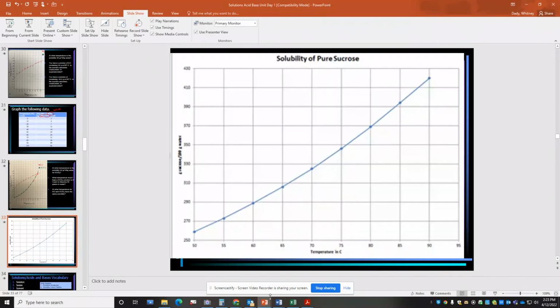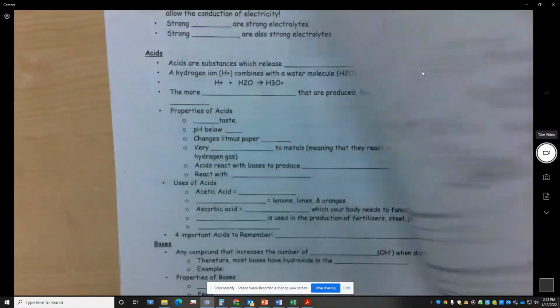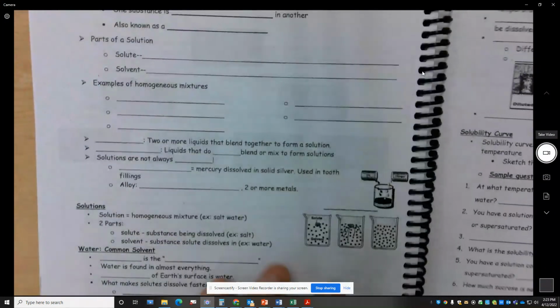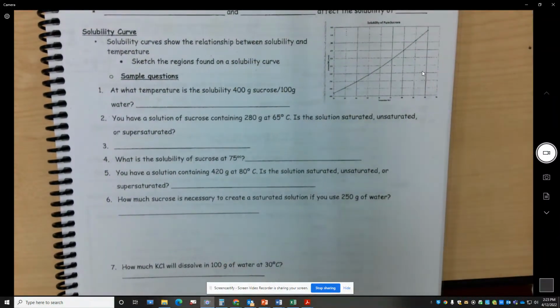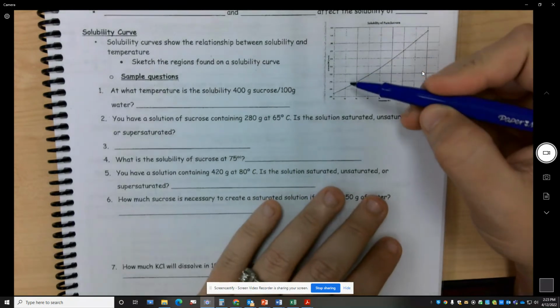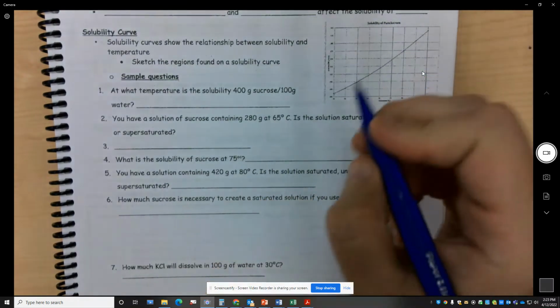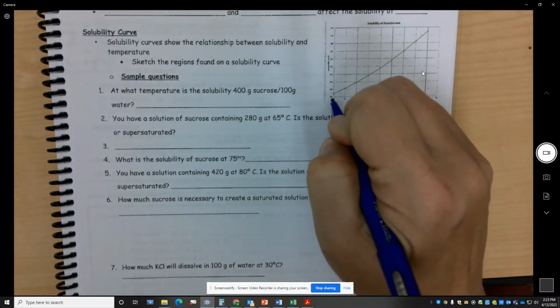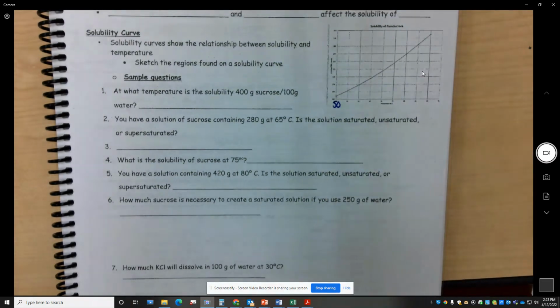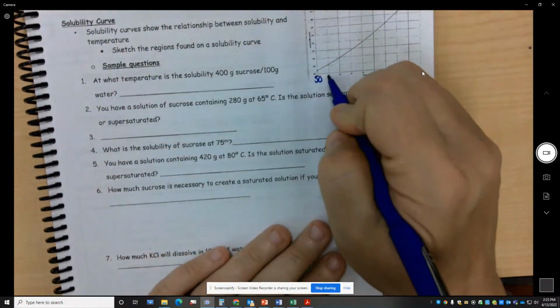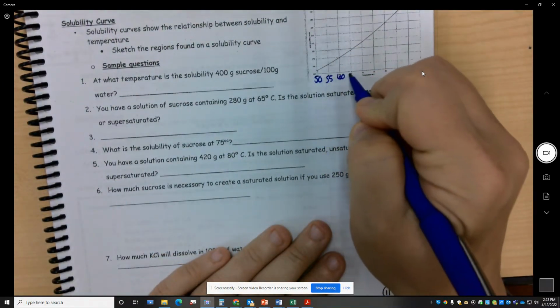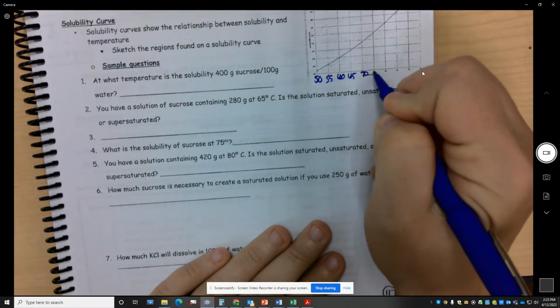Last thing I want you to do, if you look in your notes, all right, so here's your notes book. We're going to go back. We're going to look at this section. We're going to do these questions, okay? So this graph is extremely hard to read, but I'm going to give you the units. So this is 50, and it goes by fives. 50, 55, 60, 65, 70,